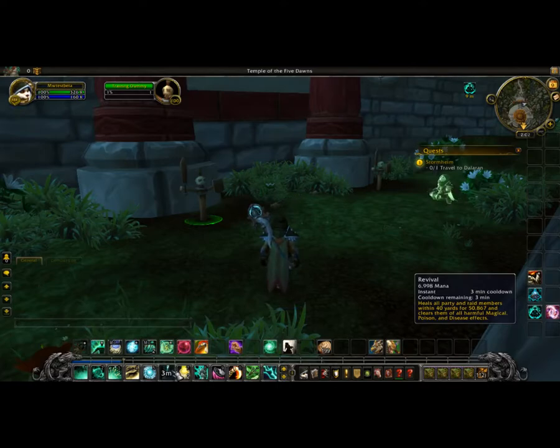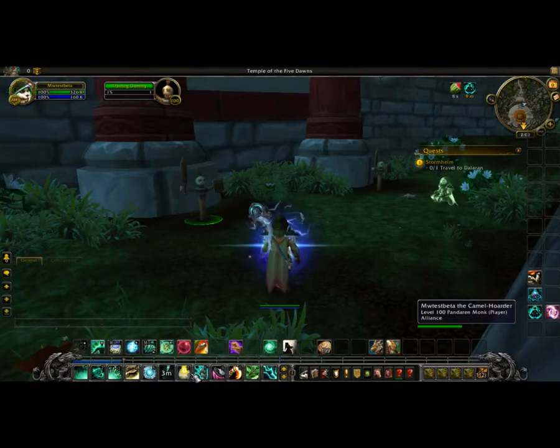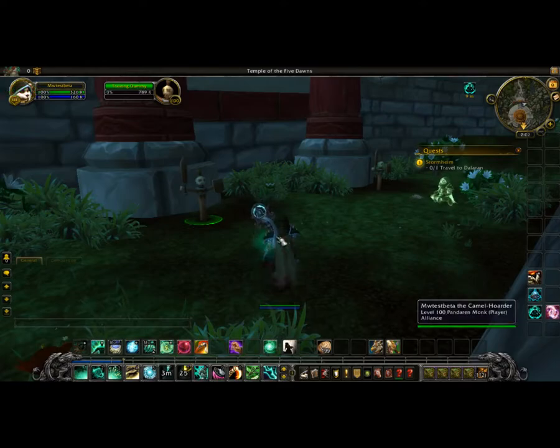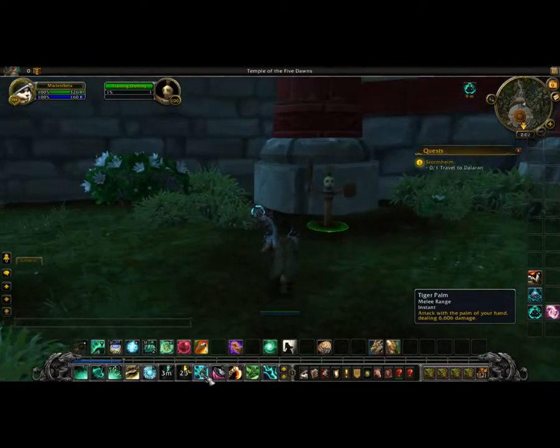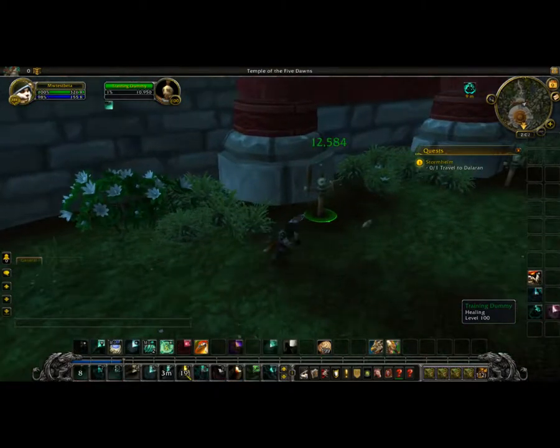That's your big oh shit moment heal, just as it is on live. We talked about Healing Elixir. Nothing too spectacular. We'll hit it again. See just a little bit of a green effect that comes out of you. Tiger Palm. I don't think I can hit these. Attack that. Nope. Actually, before we leave,